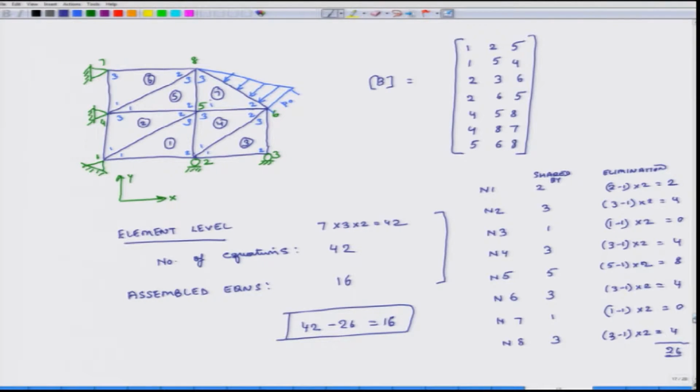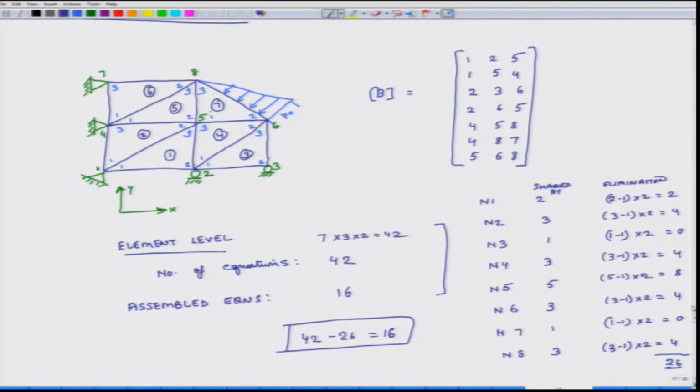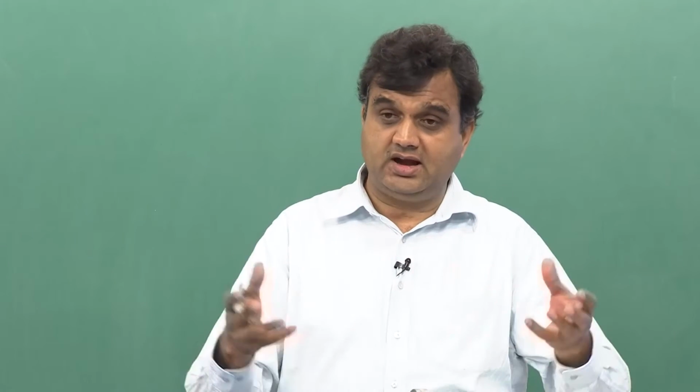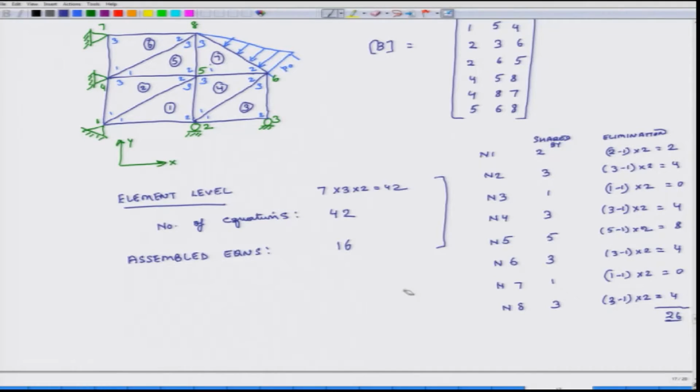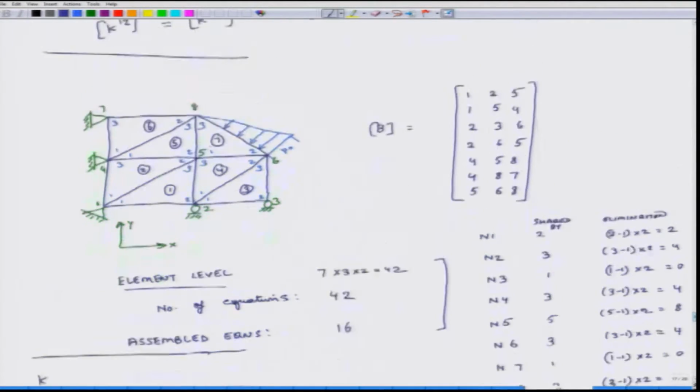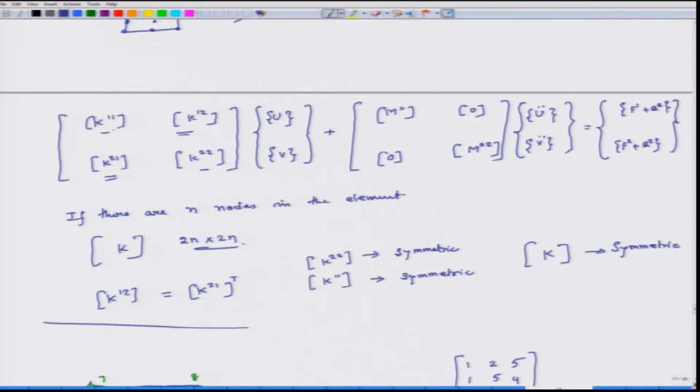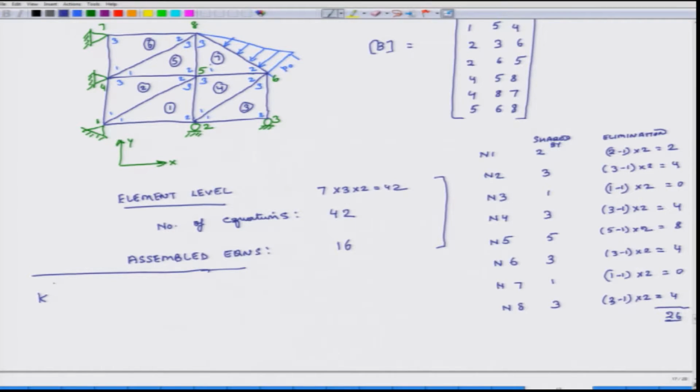Now, we will very quickly see how do we assemble the elements, right. So, when we eliminate, and we also have to add up. When we are doing assembly, we also have to add up several equations, right. So, we will do one or two examples and get comfortable with it. So, let us find out. So, we know that the K matrix has 4 submatrices K11, K12, K21, K22. So, let us find out the global element